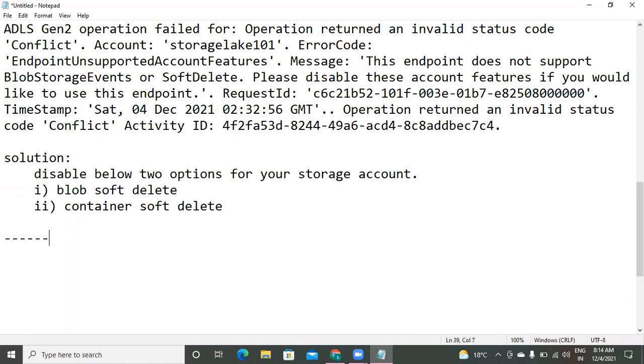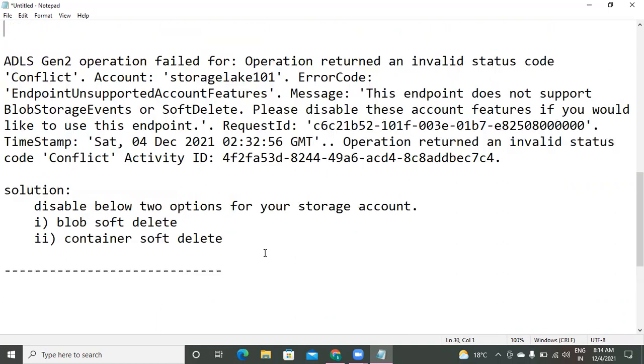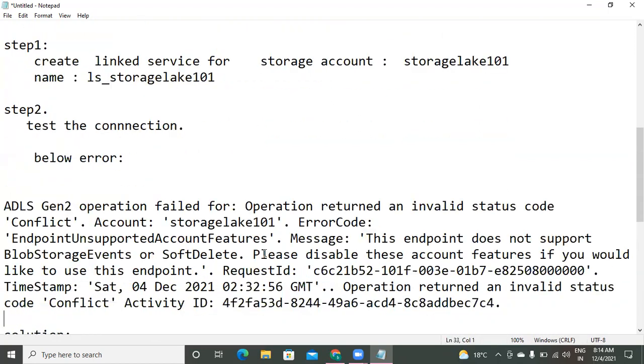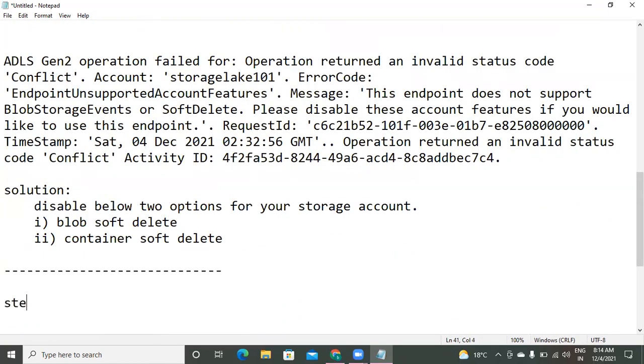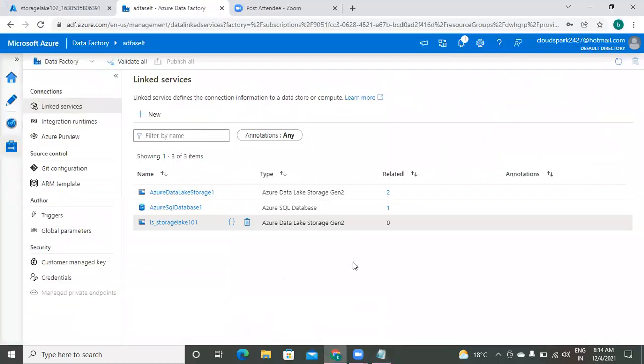Okay, sir. Now my work is done, which is step number 2. And step number 3, if the linked service is ready, then create a data set for the source file. Our source file is EMP. EMP is in a container called source. We need to create a data set for this. Now I am going to show how to create a data set. Please observe, all of you. Online team, please check it.